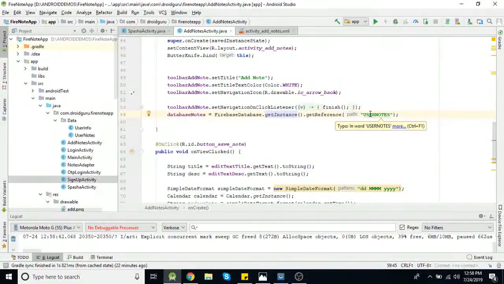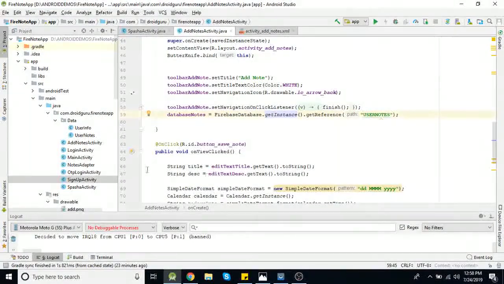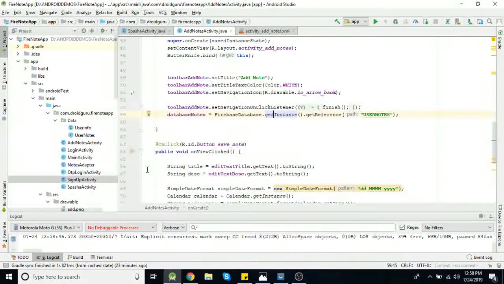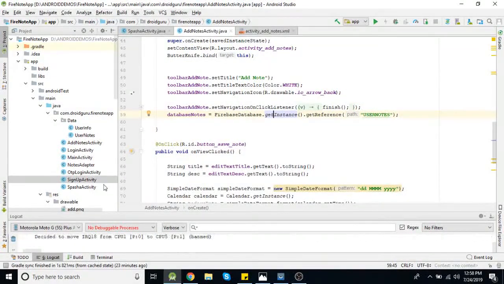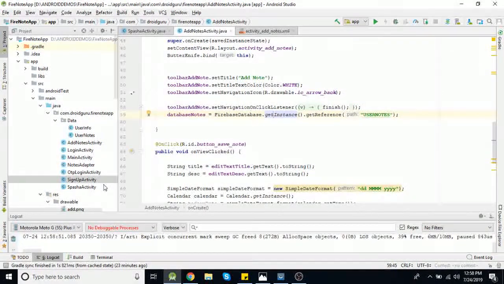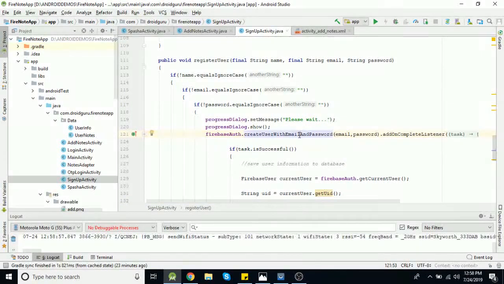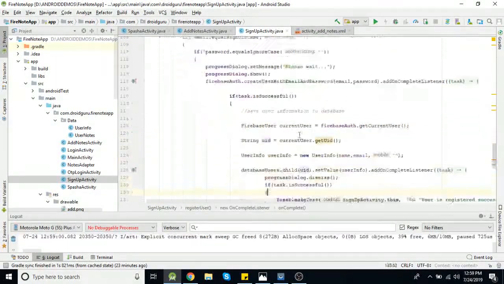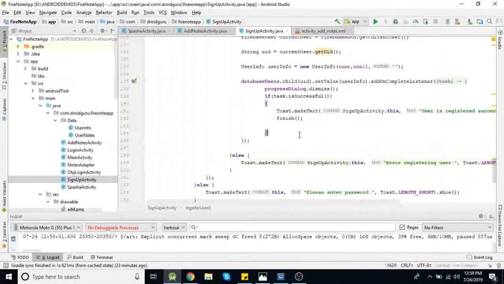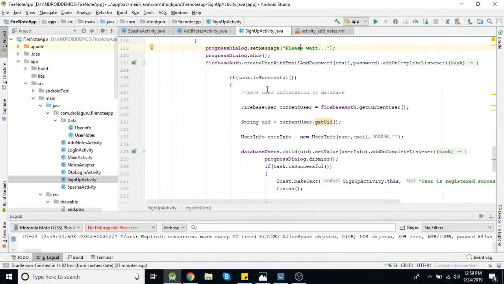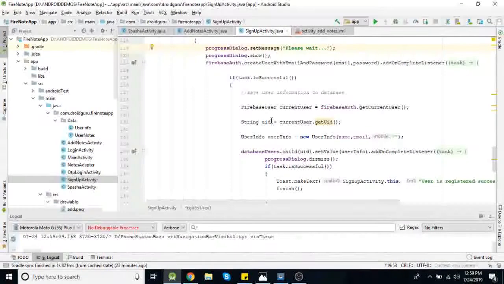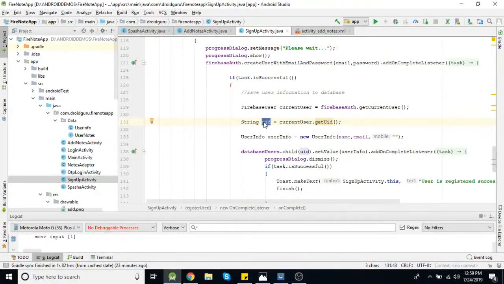So if you remember, when we added our sign up logic, Firebase returned a unique ID for that user. So if you check here in the sign up activity, this register user function is there. Okay, and when this task is successful, means when your user is registered successfully, you will get this current user ID, and the same user ID we are going to use for saving our nodes.